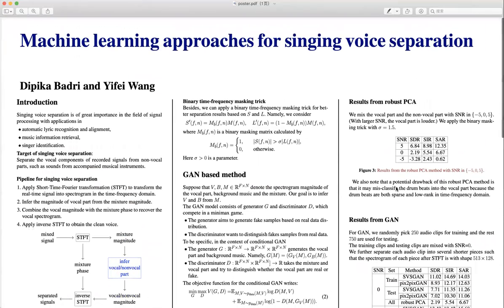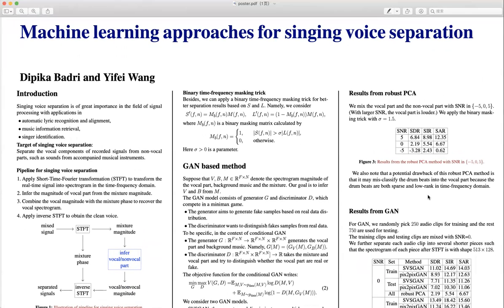So here are some results from the robust PCA method. Namely, we mix the vocal part and non-vocal part with SNR of -5, 0, and 5. With larger SNR, the vocal part is louder. And we apply the binary masking trick with sigma equal to 1.5. And here, this is the result. We observe that it serves as a baseline of the